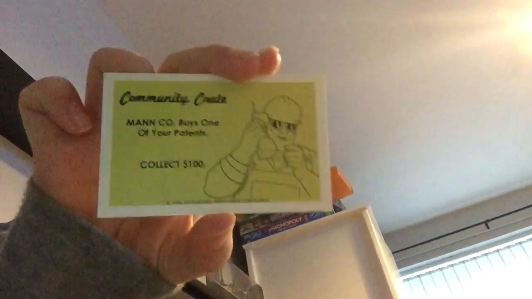The next one is Engineer again. It says Manco buys one of your patents. Collect $100. Don't know what that's supposed to mean. And the last one is Miss Polly. And it says, okay, I made a few calls. And it's a get out of jail free card. And it's the only one in the actual game, I think. I think there's 2 of them somewhere. But